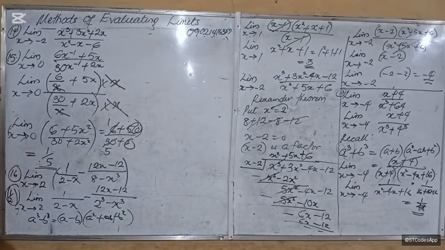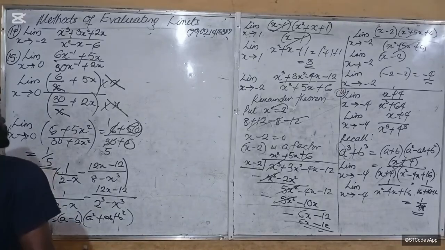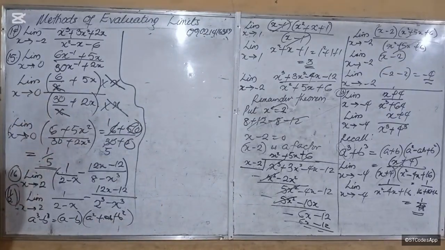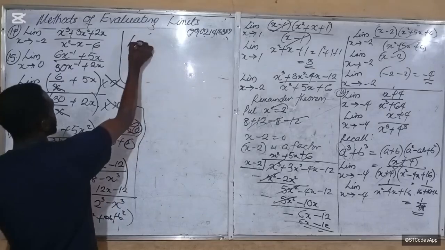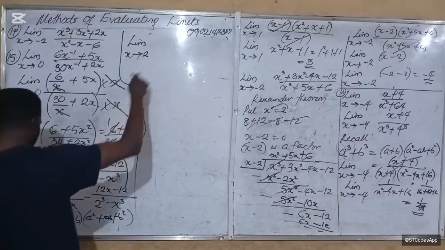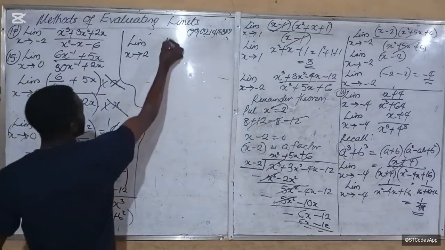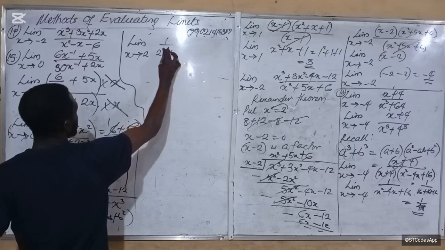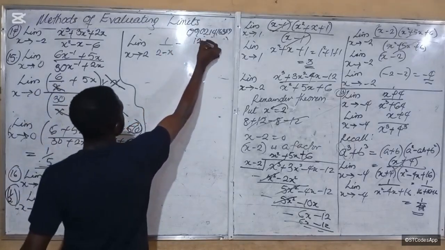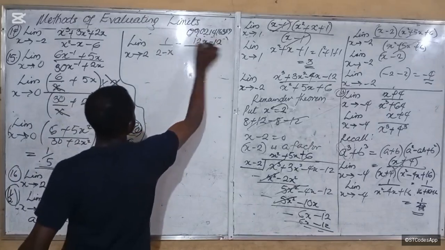So that we have the limit as x approaches 2 of 1 over 2 minus x minus 12x minus 12 all over